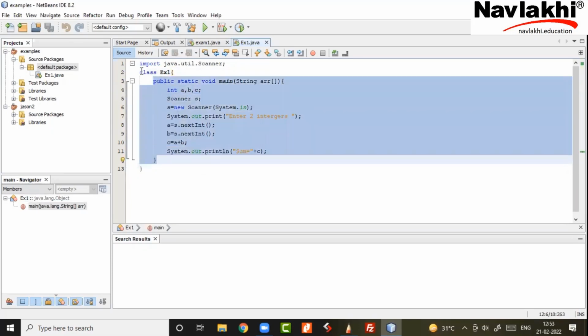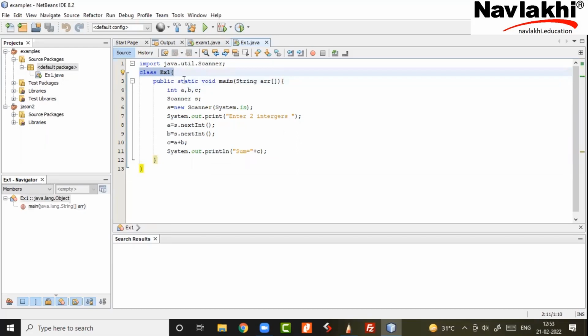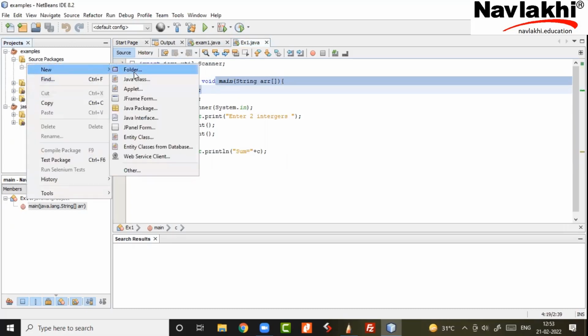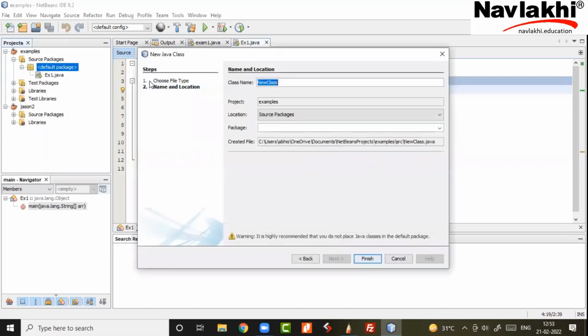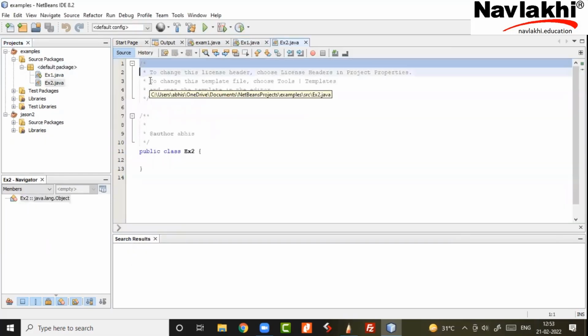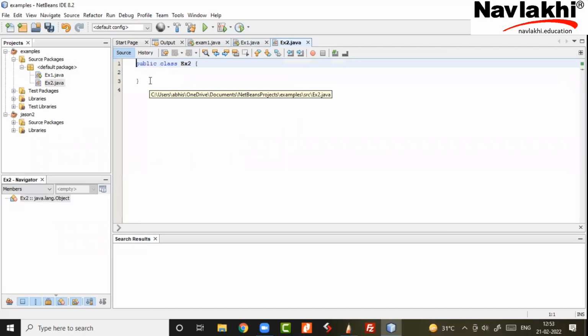Every function has to be inside some class. That class name which contains the main has to be the file name. It has to match. So if I take another example, let me call it ex2. So my class name has to be public class ex2. That is the older version. Even if you don't write the word public, it's fine. In the old Java, we had to write the class also as public. Even main would be public. Both had to be public.